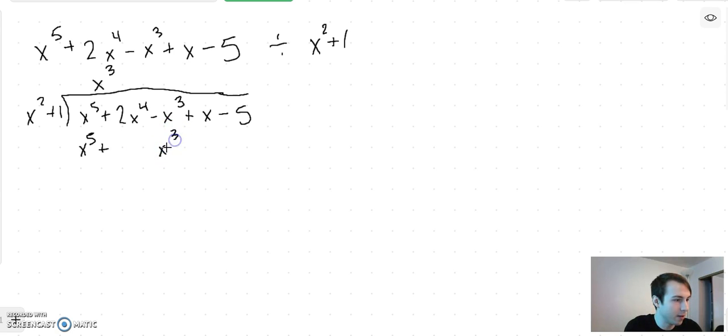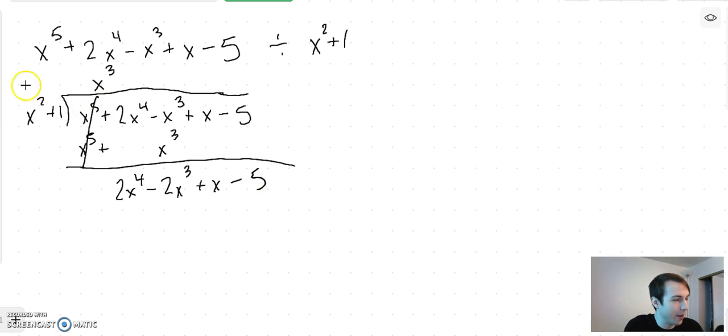x cubed. Now, I find it really helpful to line up your x things here, because it's just less confusing that way. You can just subtract down the column. So these cancel. You've got 2x to the 4th there, minus x cubed. We're subtracting another x cubed, so it doesn't cancel out. It's minus another. So that's minus 2x cubed. Then bring down the